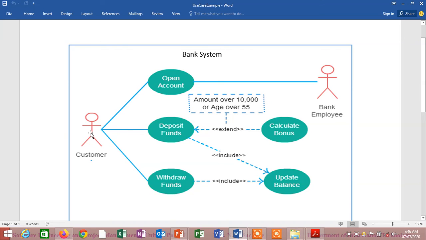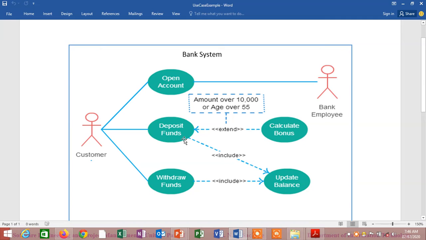When I say customer deposits funds, it is extended to the calculate bonus use case. So these are two tasks, and once the funds are deposited, then we can extend it to calculating bonus based on the amount. Can you see that? Or the age. So if at all this condition is met, we can extend it to calculate the bonus.